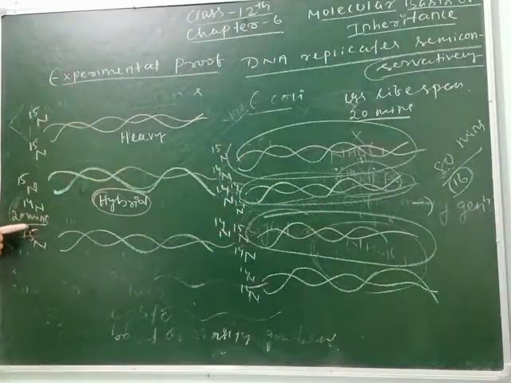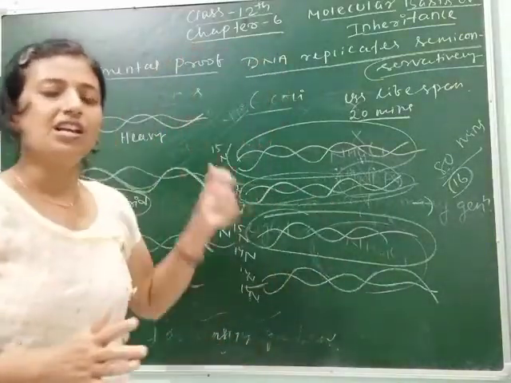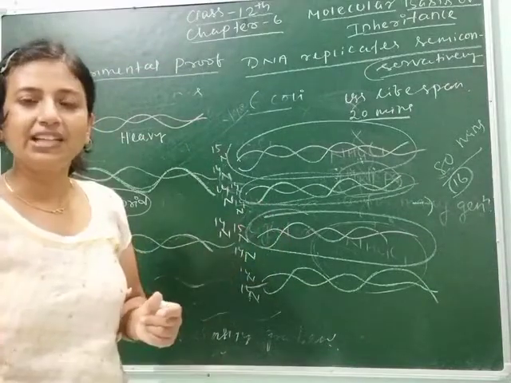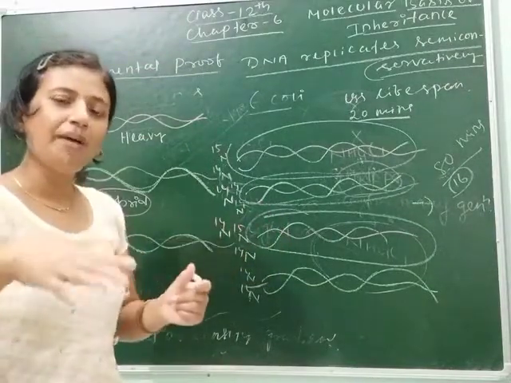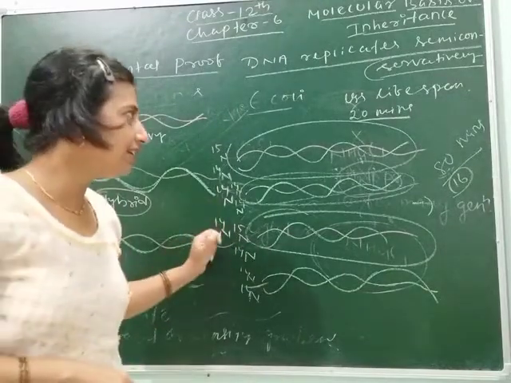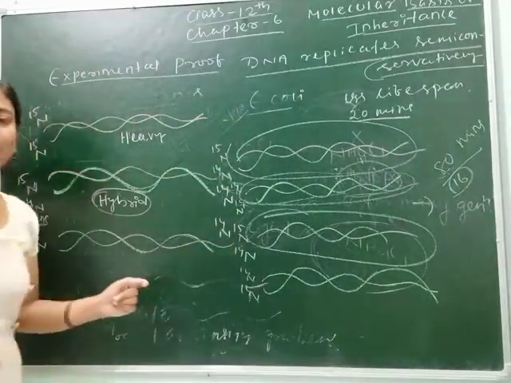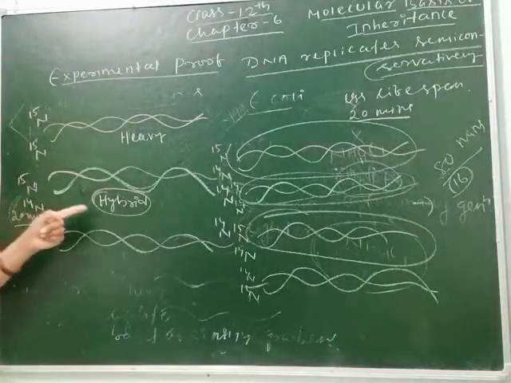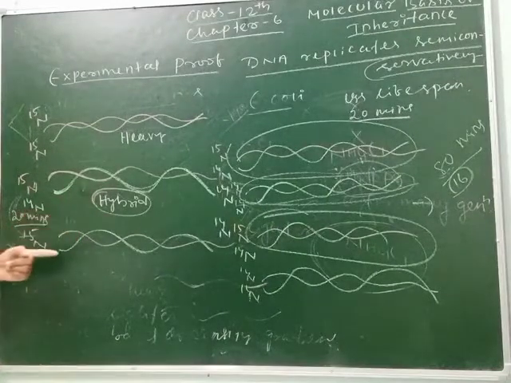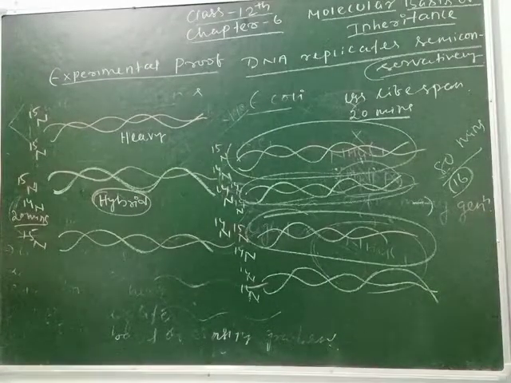So from this experiment, we can say that the cesium chloride solution measures the densities and separates the heavier isotope from the lighter isotope, and they get combined with the nitrogen 14. And from the experiment, it is clear that the DNA replicates semi-conservatively. Clear, students? So I think you can do this and make the diagrams yourself and follow what will happen. So for today, this is all about your topic.